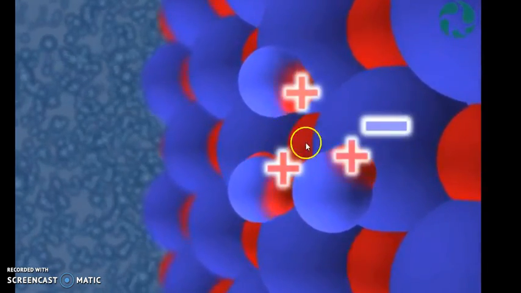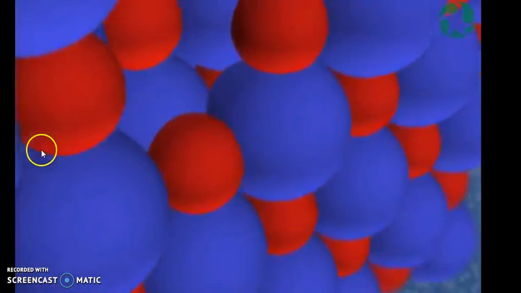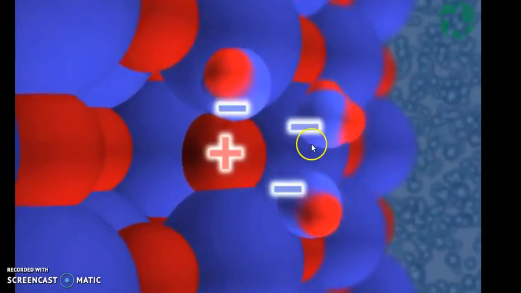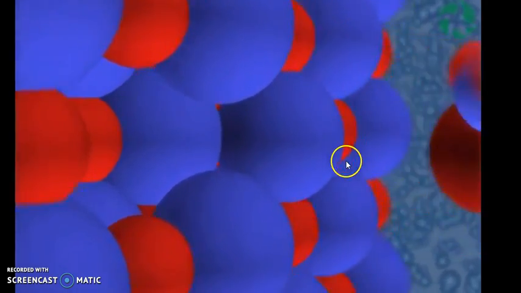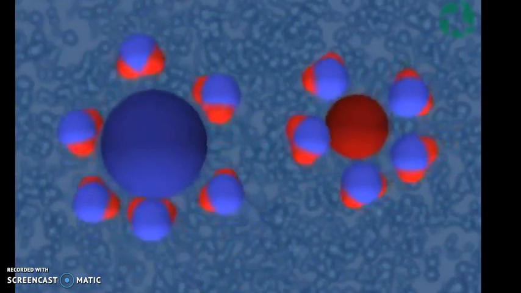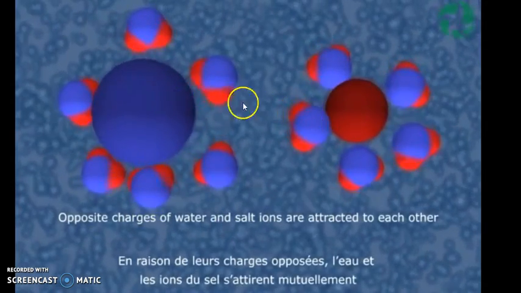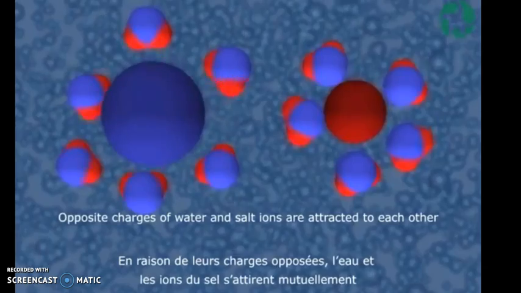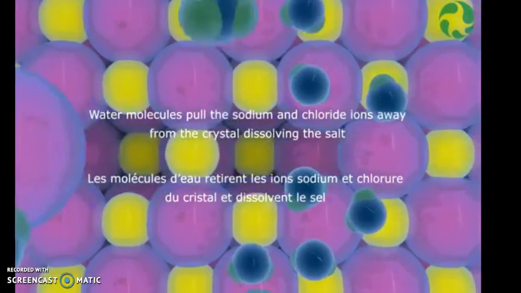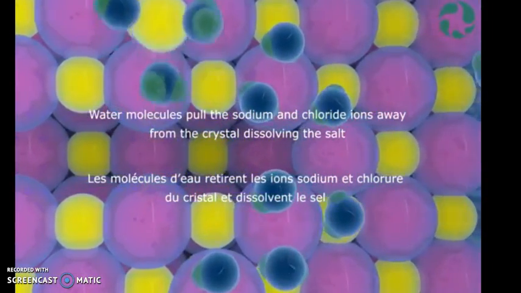The positive part attacks the negative chlorine atom, pulls it, and the negative charged part will attach to the positive sodium atom. Now this is how they separate, and they will not allow them to come together to form an ionic crystal again. This is how the dissolution happens, and this phenomenon happens more or less on the surface. So now you think what will happen to the surface as you reduce the size, and similarly you can think about other properties,